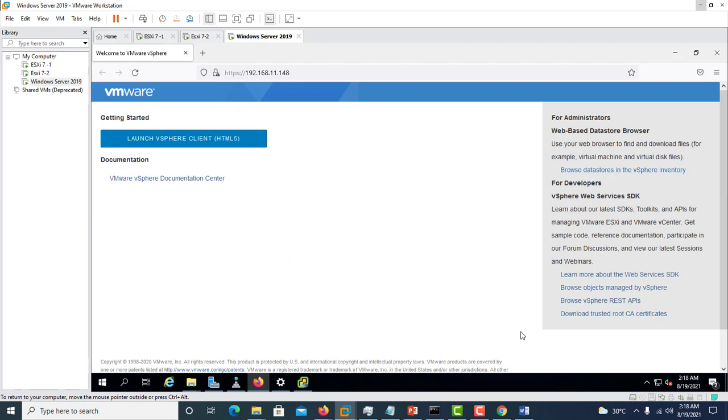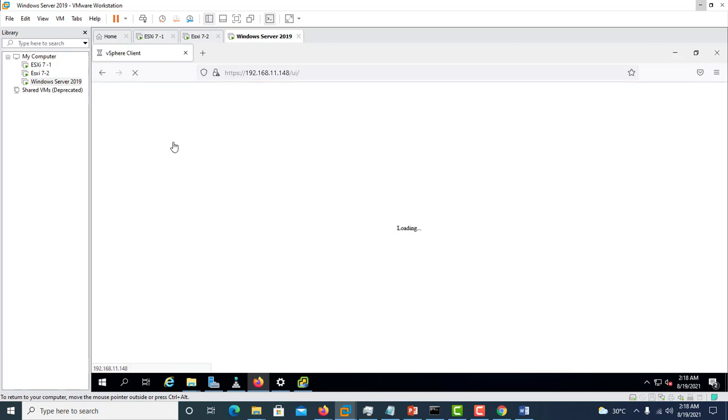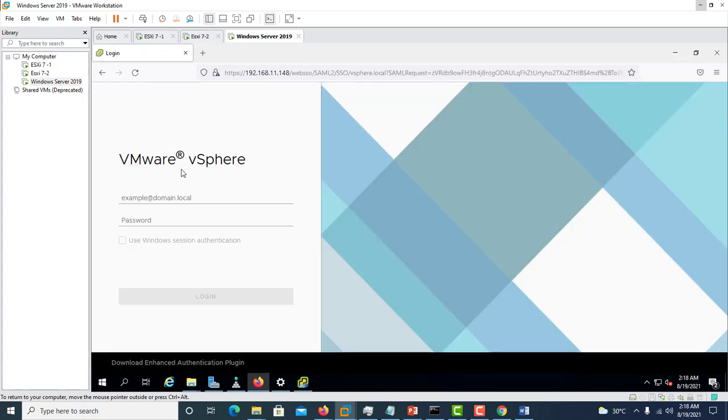So this is the first screen which appears after installing your vCenter server. You can launch this very easily. Just click on the link vSphere client HTML5. As soon as I click on this link, a page will appear. This is the first page of our vCenter server. Here we add our credentials like